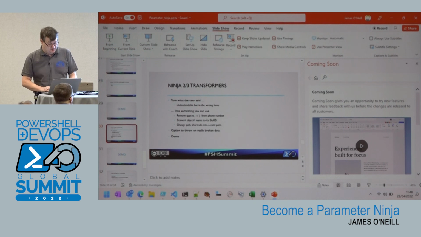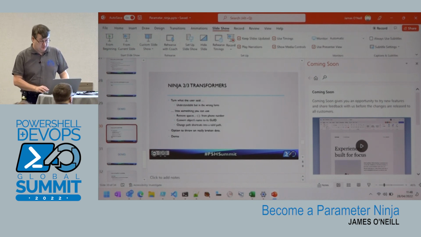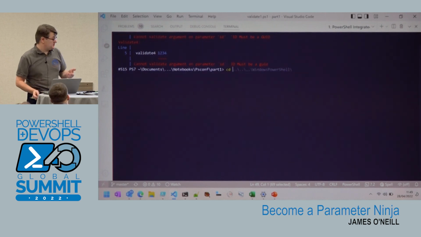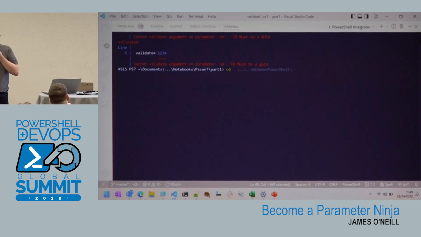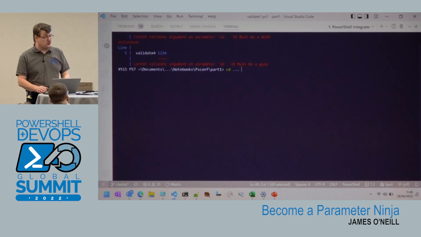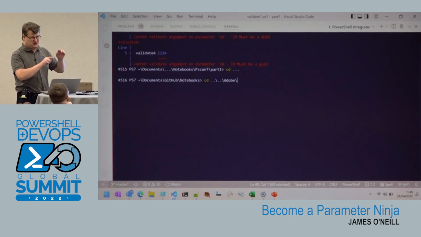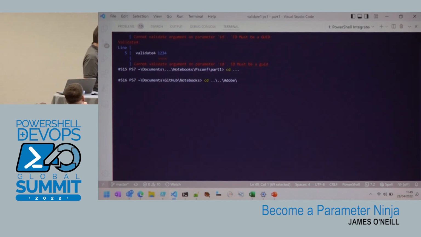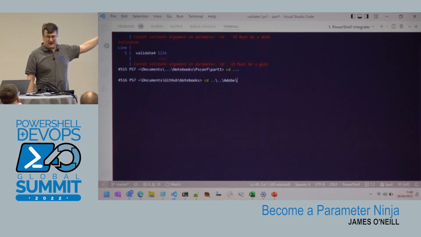But what a transformer would normally do. In fact, let me show you something different. I've got this thing that I was just mentioning for CD. So I can do something like CD 3 dots and go up 2 levels. Now, if I do CD 3 dots and tab complete it, it'll actually say, oh, you mean ../.. But the 3 dots there isn't normally a valid path.